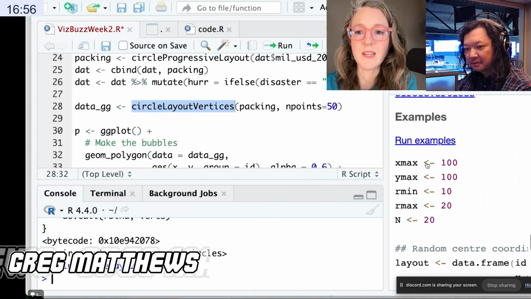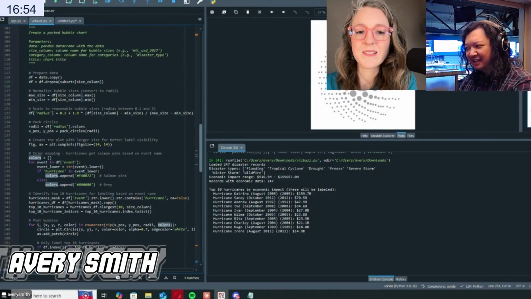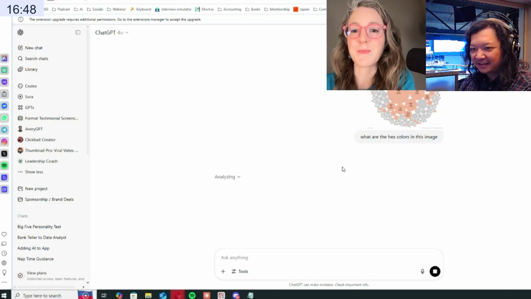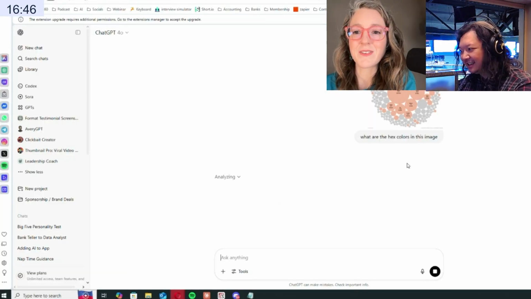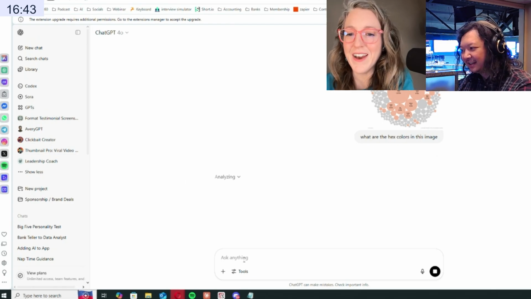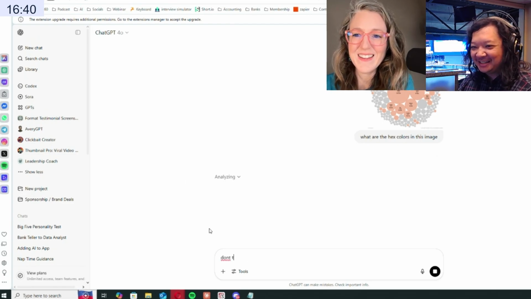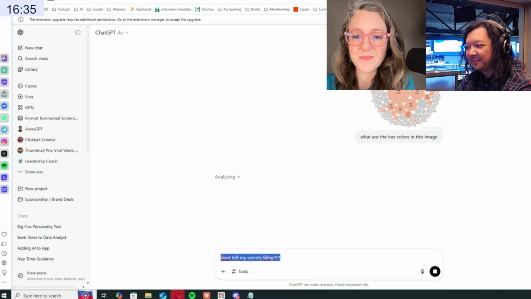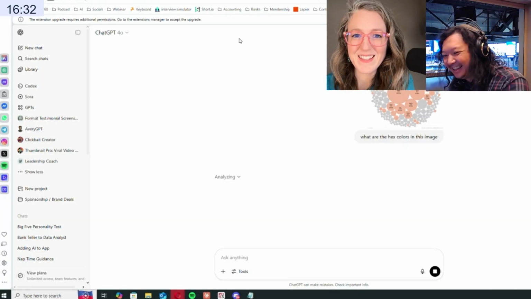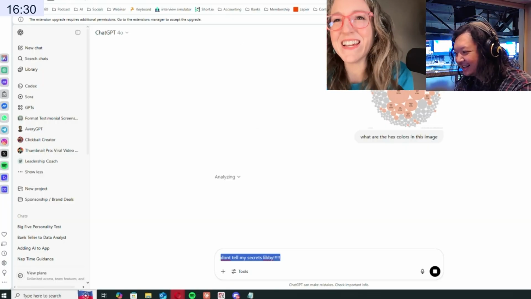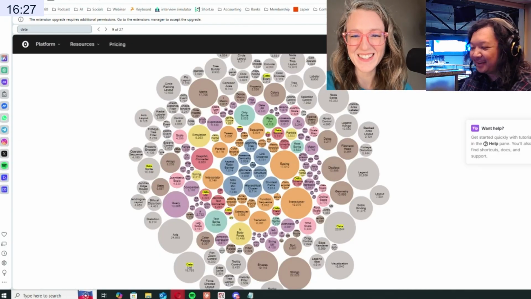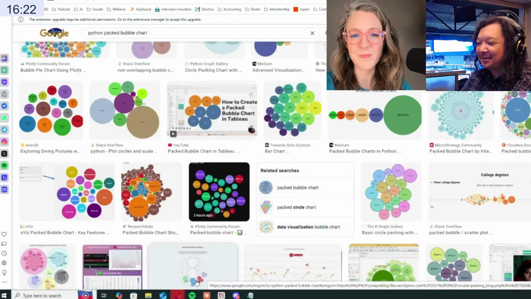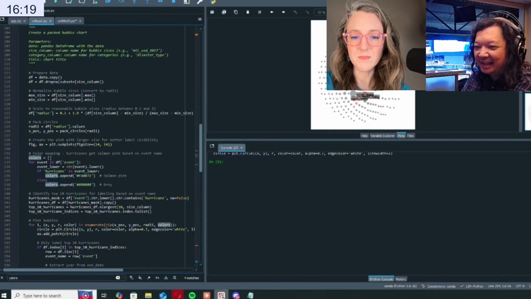I want to snoop on Avery and see how he's doing, because I feel like he was getting hex colors from GPT, which is really interesting. I've never seen somebody do that before. Like, what hex colors are in this image? It's trying to figure it out. This is actually a really interesting way to use GPT. Sorry, Avery, can't sneak anything past me. But this is an interesting way to do it because, as we know, a lot of people are just going image color picker online, paste from your